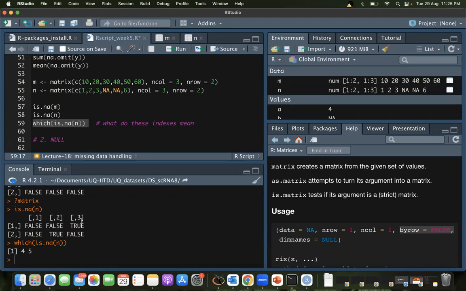This FALSE, FALSE, TRUE, FALSE, TRUE, FALSE, this thing gave me 4, 5 as the output. What do you think is happening here? 2,2 and 1,3 should have come, right? That is what should be there, but this gives us 4 and 5. So what do you think 4 and 5 is?